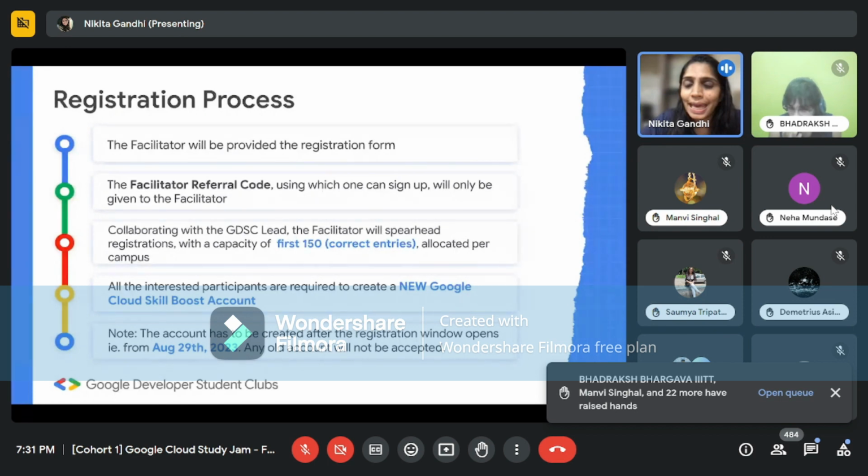You can validate these entries, make sure a few things are validated very thoroughly from your side, and then you submit the form to us before 1st of September 11:59 p.m. IST.